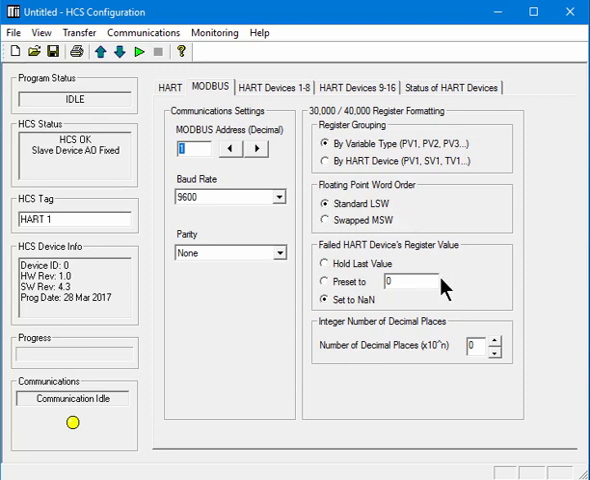The failed Heart devices register value. If one of your Heart slaves on your Heart loop were to fail, this will tell the Modbus side what to do. You can hold last value, so if when your instrument failed, it was reading, for example, 120 degrees, it'll stay at 120 degrees. Or preset to, so you can give it a value to go to if there's a failure,